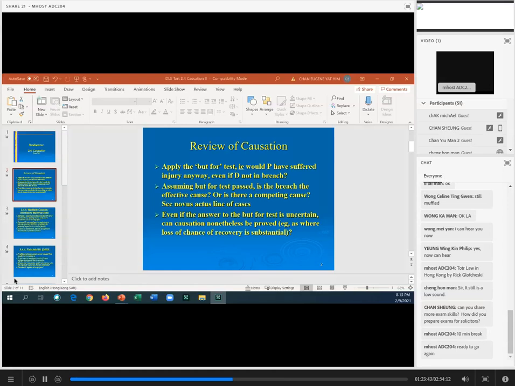By the way, don't forget who has the burden of proof. The plaintiff has the burden of proving all of the elements of negligence: duty, breach, causation, and damage. But the defendant has the burden of proving any defence that they may rely on. Okay, and as I've mentioned several times, the most important defence to negligence is contributory negligence. Why? Because it's a partial defence, which means what? The plaintiff will always get something.